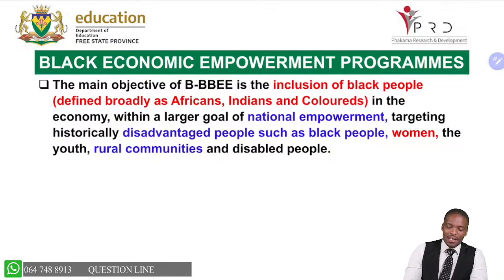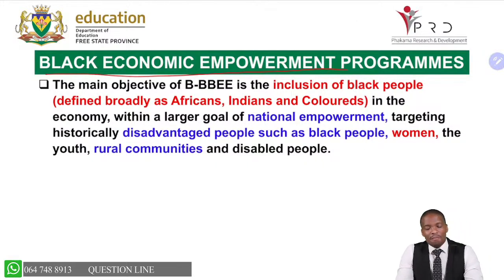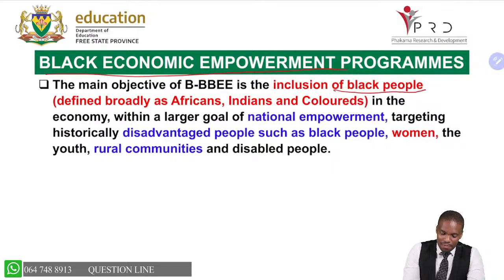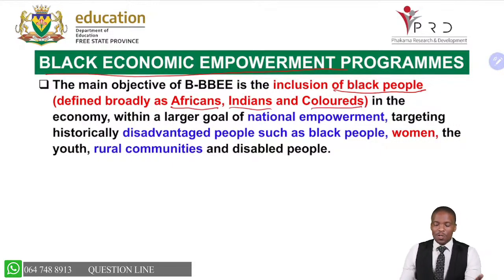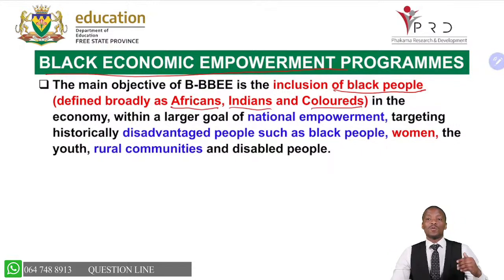Then another policy that is there is the Black Economic Empowerment policies, triple BEE. The main objective here was to say that black people, defined as Africans first, Indians, and coloreds, should also be able to participate in the mainstream of the economy, in terms of being able to own businesses, to be in managerial positions, becoming CEOs of companies, becoming directors of companies,